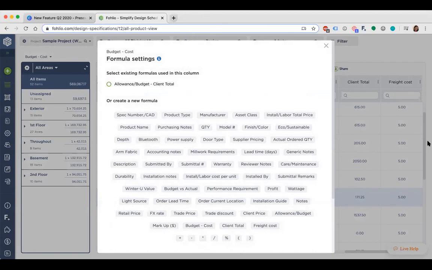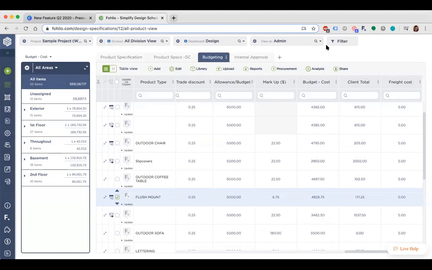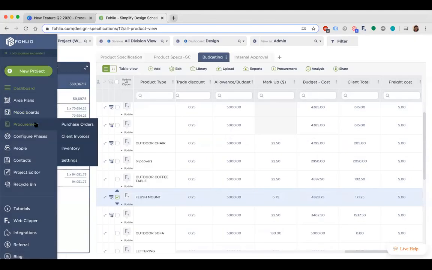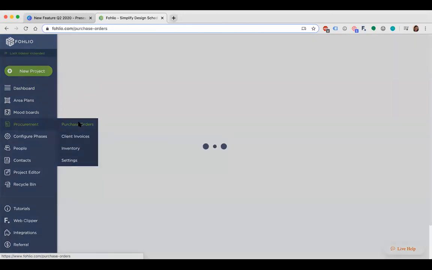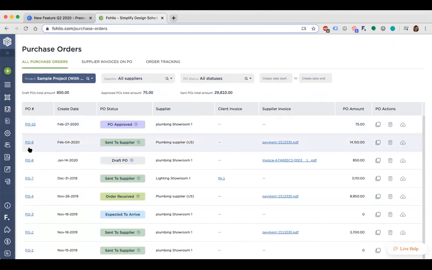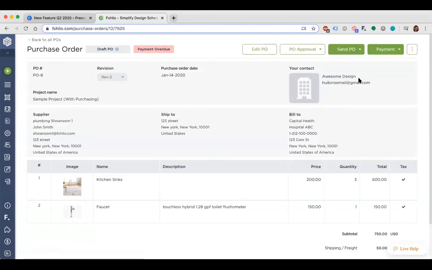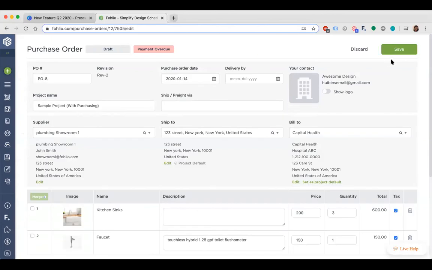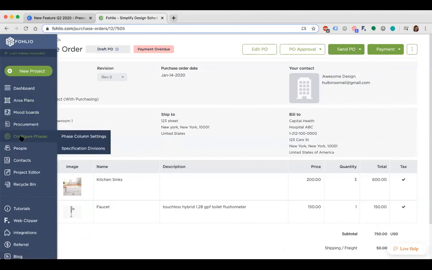All right, a question from Victoria. One more question about purchase orders. Can we delete an item from a PO if it was removed from the scope? I believe so, so let's take a look. If the PO is still in draft status, you can just directly edit the PO, delete the item, and save. If the PO is not in draft status anymore, for example, you have already issued it,